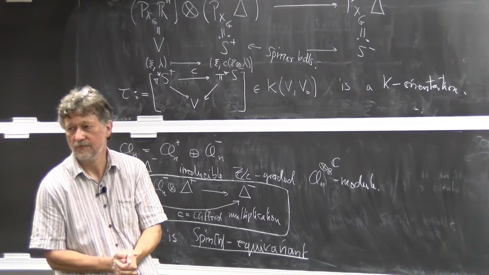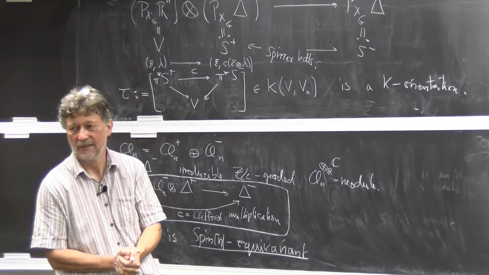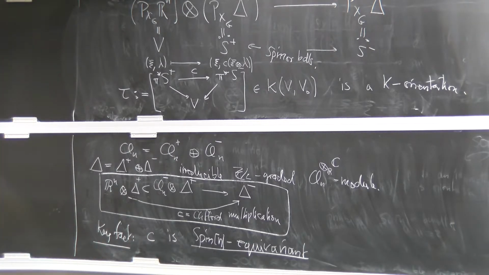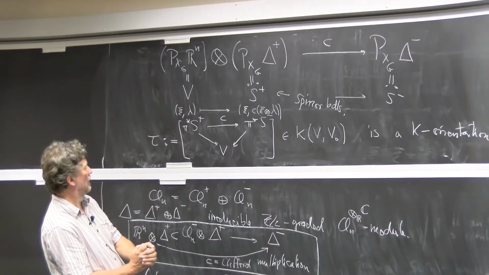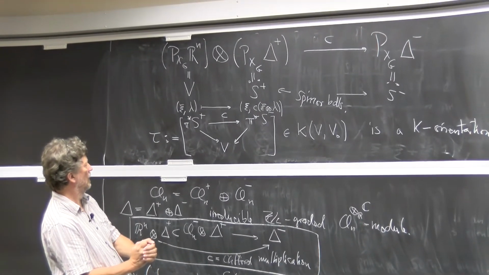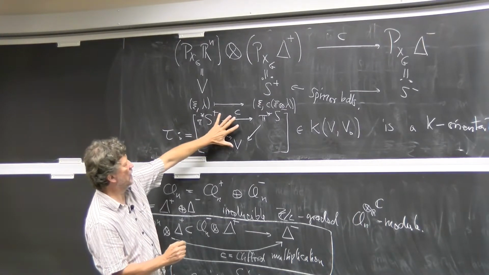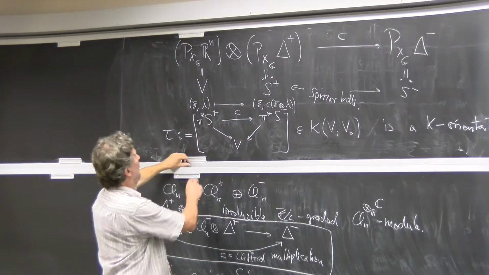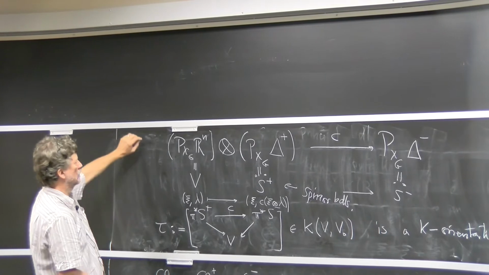I don't have broad philosophical questions, but just questions about the lecture. Mm-hmm. Are there too many P's in this map over here? So on the level of fibers, you take an element of Rn, an element of delta plus. So you're talking about this map here, which map? The map up there. Yeah. So like, okay. Are there too many